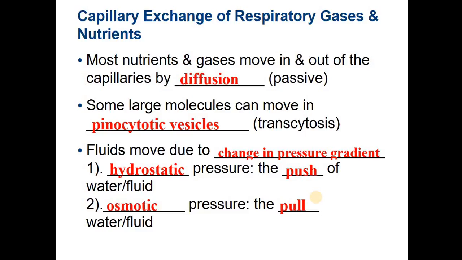So when we're saying the exchange of gases and so forth, we're dropping it off in the tissues and picking up the waste. This is the pressure that must be overcome in order to push things out and to pull things back into it to carry it back towards the lungs or the heart. So when we say the change in gradient, this is your filtration and absorption. You'll learn in your notes there, filtration